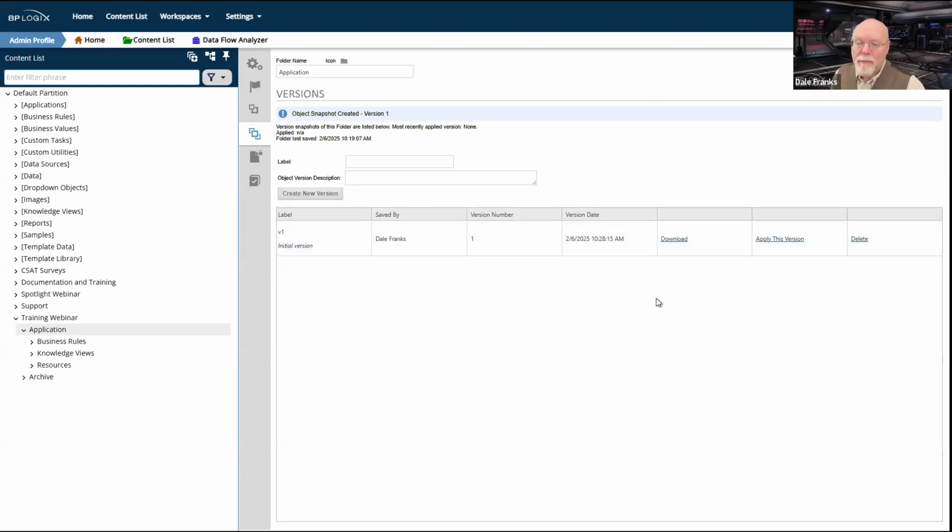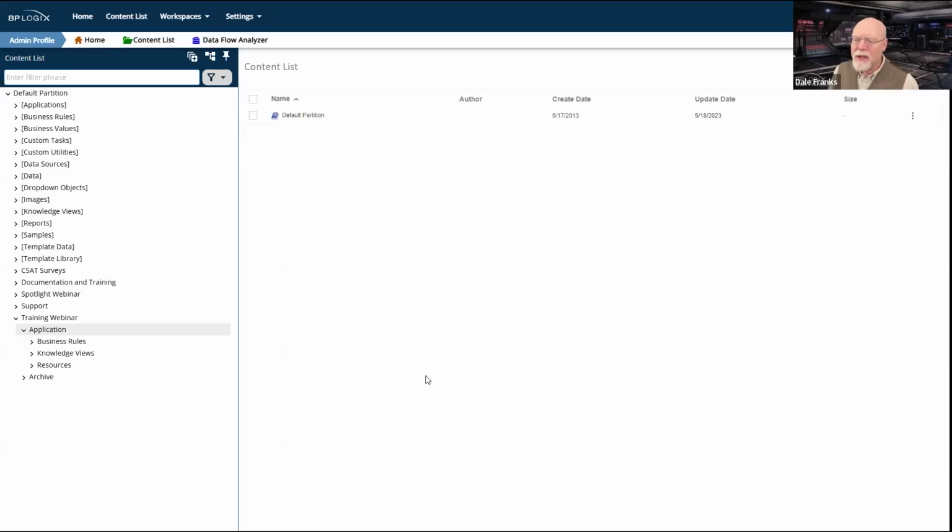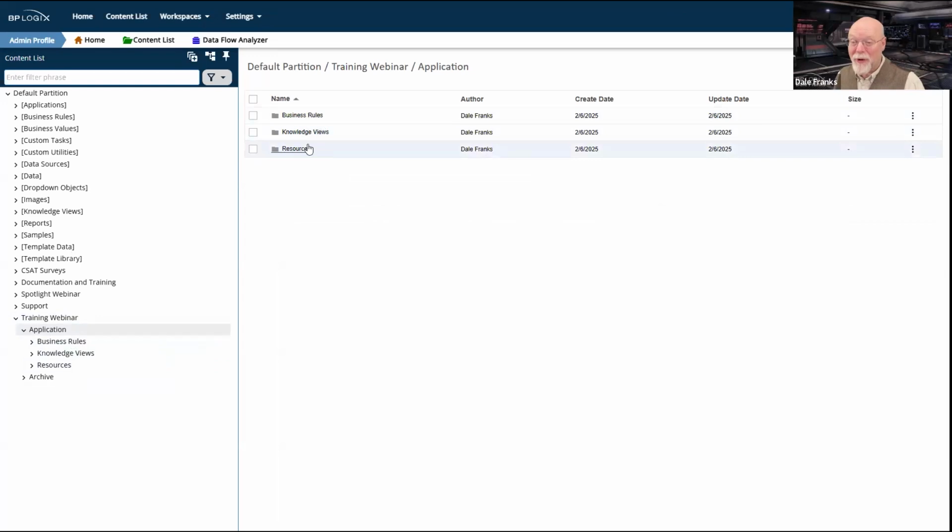Every object in Process Director has a versions tab. So technically, I could go in and version every single object, but there's no real reason to do that. It's really a lot of extra work when all I really have to do is version the folder, and it will just version everything that is included in that folder. Although, at this particular point, the only thing that's included in this folder are a whole bunch of empty subfolders. So it's not super helpful for me now, but it will be when I have a full application.